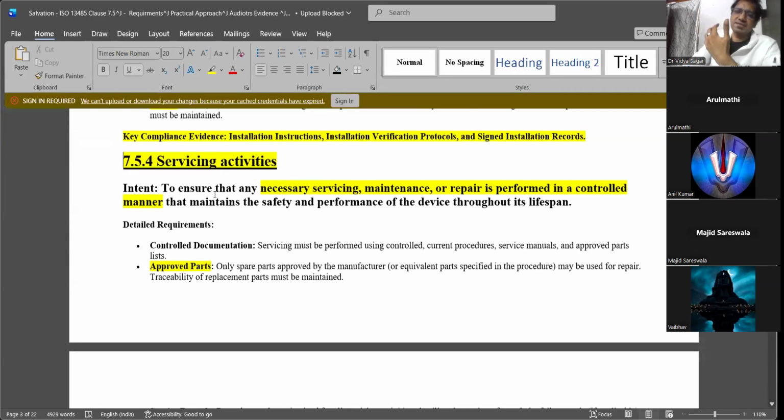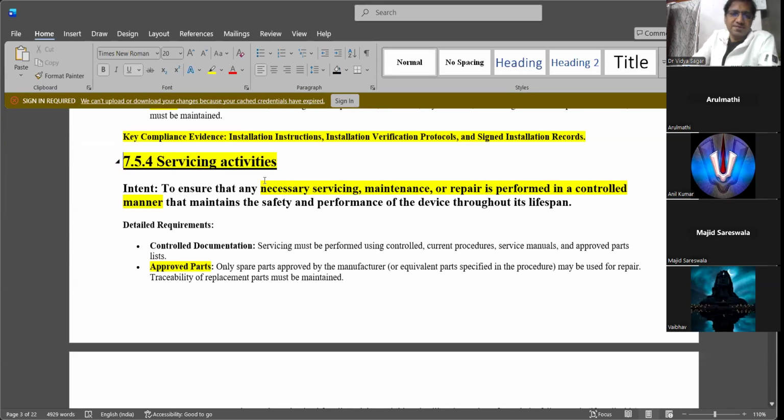Servicing activities are very important because they will talk much about your servicing activities, like the PMS report. To ensure that necessary servicing, maintenance, repair is performed in a controlled manner. Every company will have a maintenance department that looks after the devices, or repair of them. If they have spare parts, they can repair.